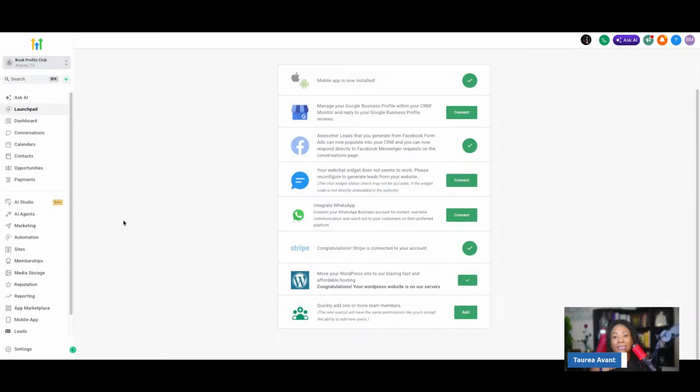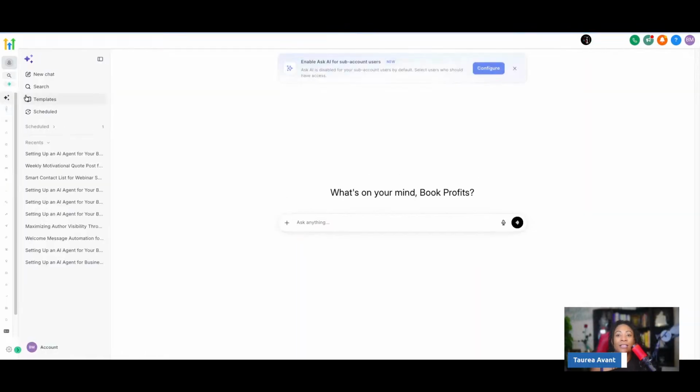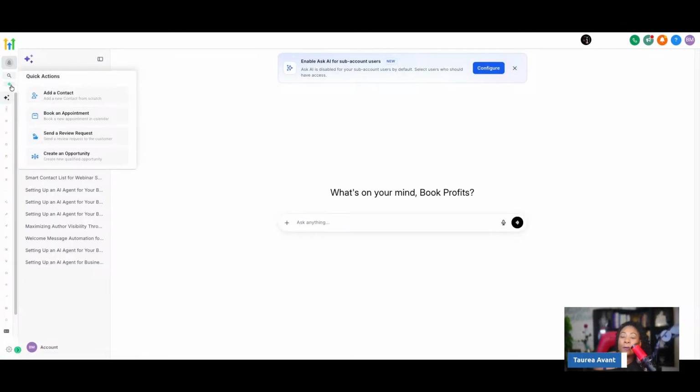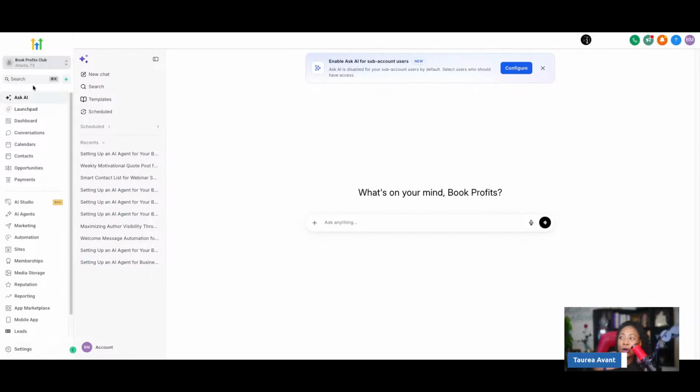What we do want to pay attention to are these new features. You have this Ask AI feature, which allows you to literally use it like ChatGPT. It's incorporated. As of right now, if you are utilizing the AI features, you are getting them at a special rate. Right now everybody can use it at no cost, but it will come with a fee soon, so I would encourage you to start playing around with this ASAP. It's like literally having ChatGPT.